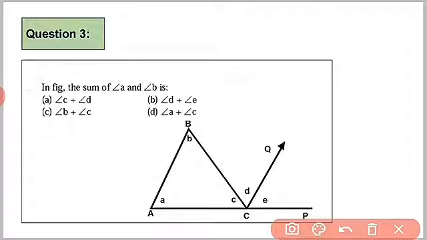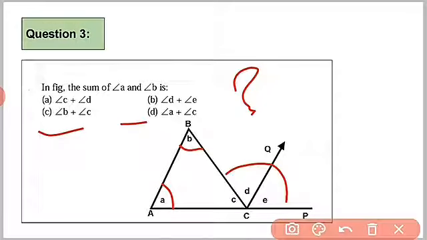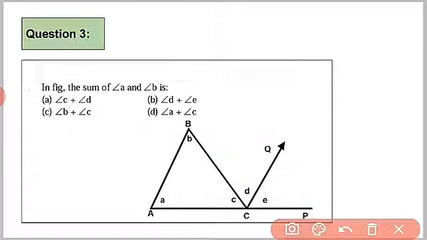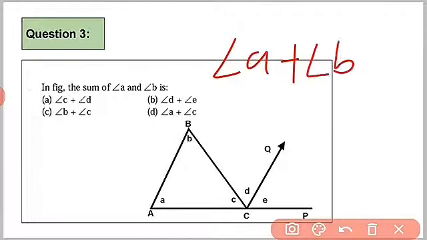Third question, the sum of angle A and angle B is equal to which of the following? So we can see that this is the angle sum property of an exterior angle. It is the exterior angle property. So we know that the exterior angle is equal to the sum of the opposite interior angles. So what will be the option for this? Yes, angle A plus angle B is equal to,